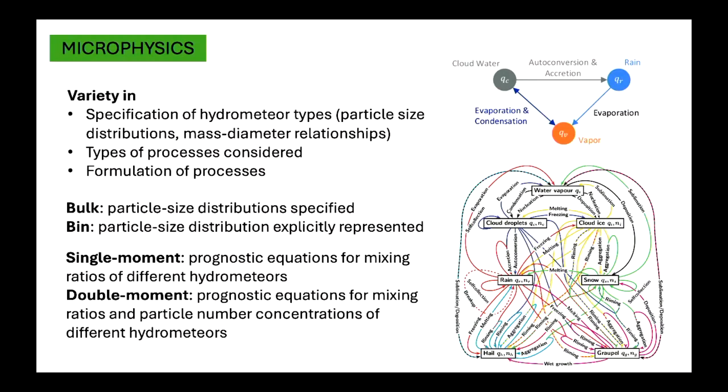But generally speaking, the bulk scheme is more computationally efficient to run, so it's more commonly used in our operational setting, such as in our weather forecast model used by the Bureau. The bin scheme is a lot more expensive and it's usually applied in the research setting that provides additional deeper insights into the microphysical processes. So the pictures on the right just give you an idea of what a simple scheme looks like and what a sophisticated scheme looks like, fundamentally.